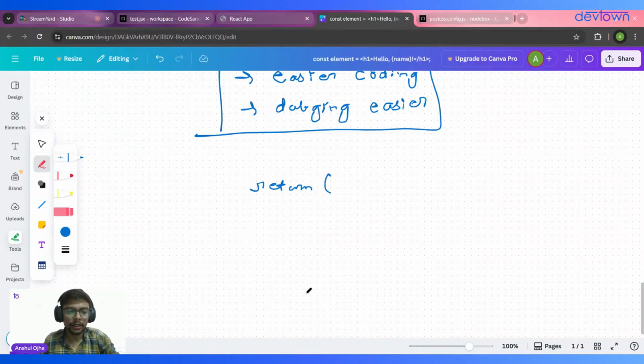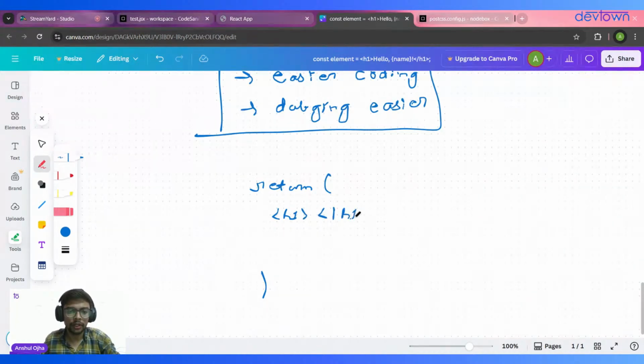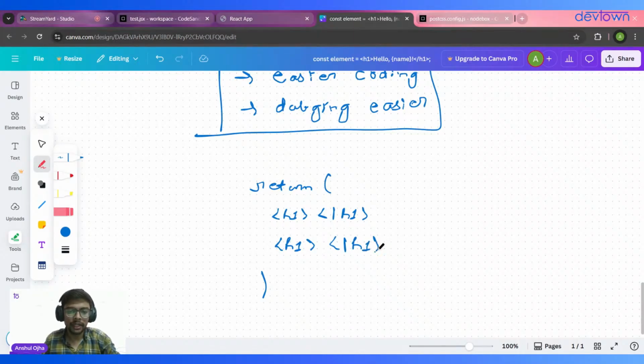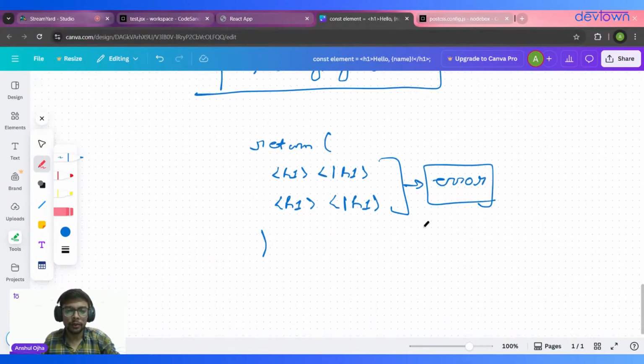We have defined a return in JSX. Suppose we are writing an h1 tag over here, and then again we write one more h1 tag. In this case we will have an issue: we will get an error. So to avoid this error, what we do is